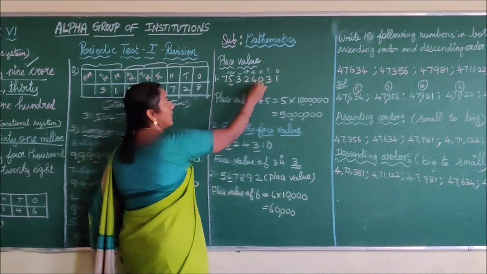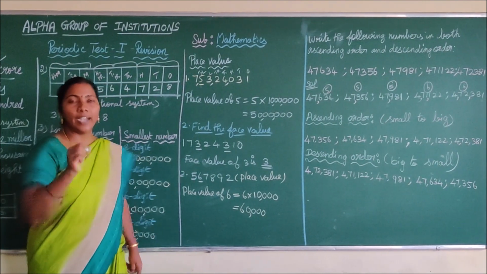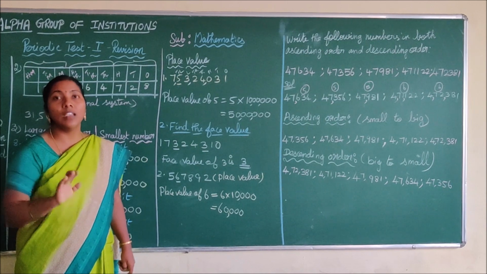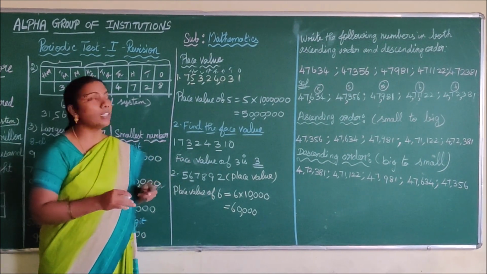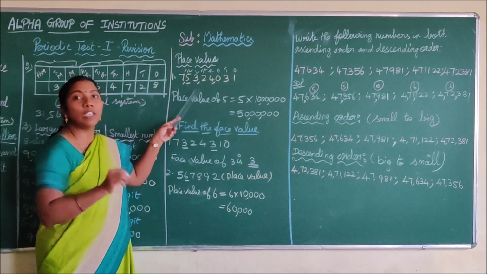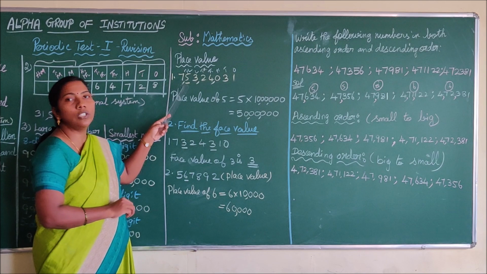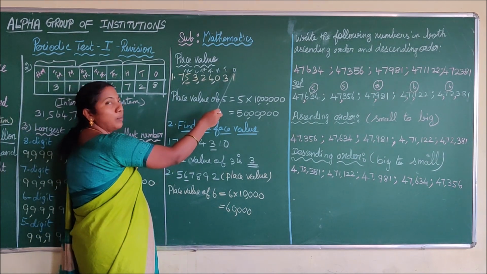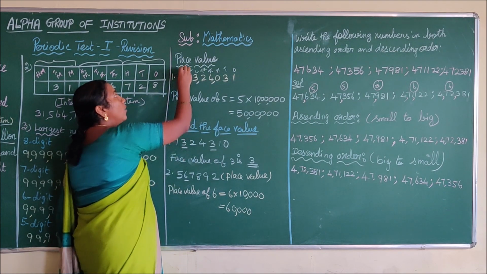You have to place the commas by using the Indian system of numeration, because while writing the place value you must use the Indian system. Don't use the international system. That's why I am using the Indian system. After that, every 3 digits and then every 2 digits I am placing the commas. Next, using the pencil, you have to write the place values: 1, 10, 100, 1000, 10,000, lakh, 10 lakh, crore.